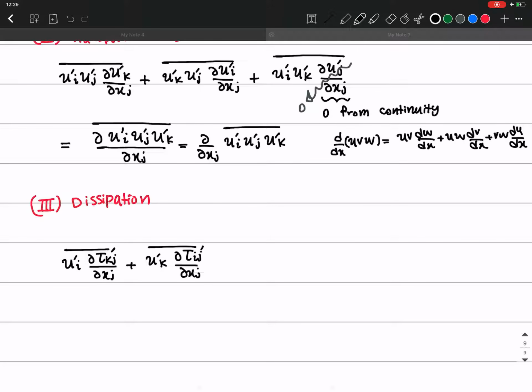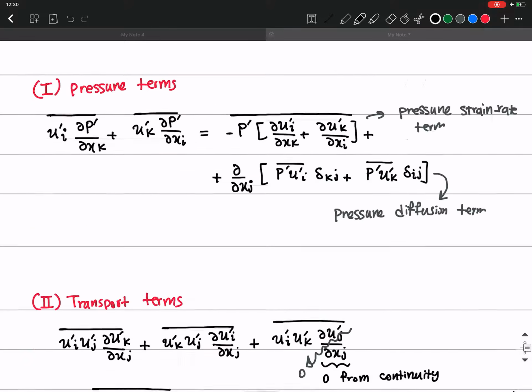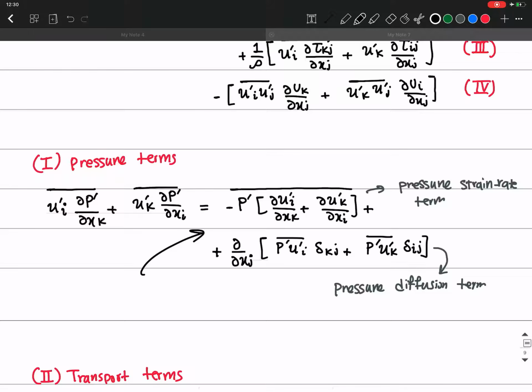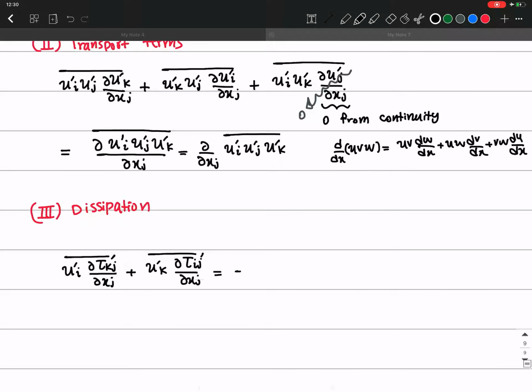What I'm going to do here is use the same technique for these derivatives of multiplications, but now I have two terms here. So I'm going to rewrite this pretty much similar to the first term. So it's going to be equal to minus